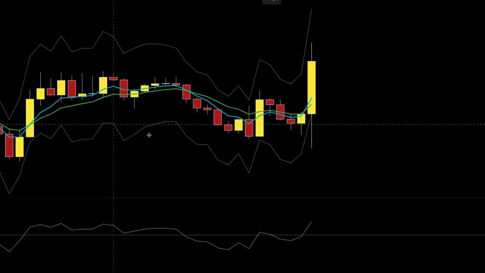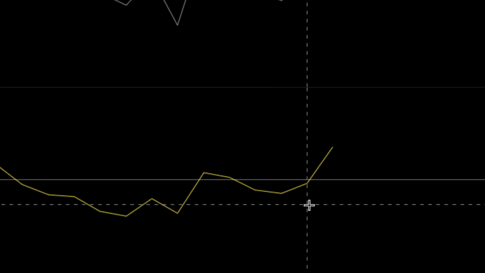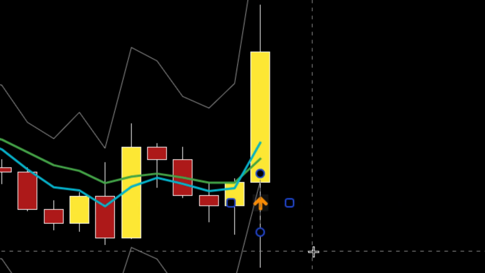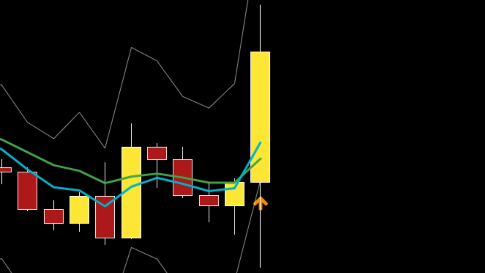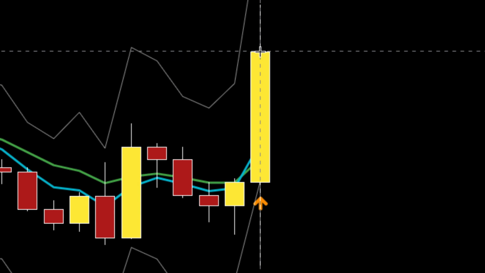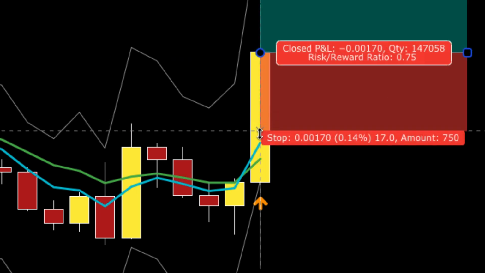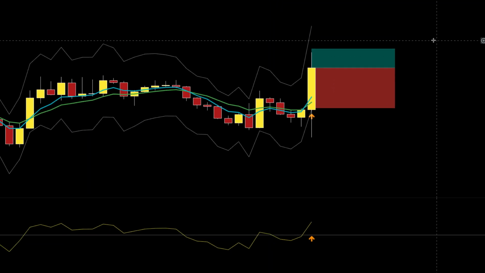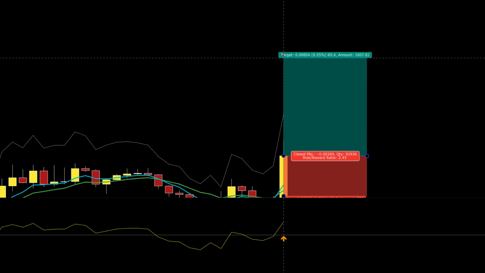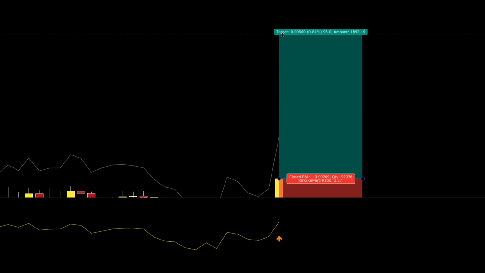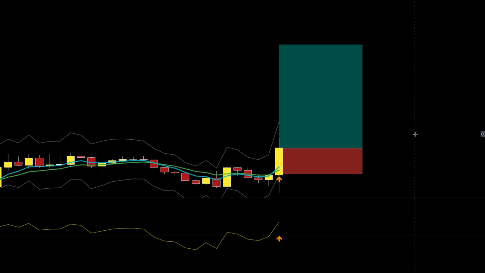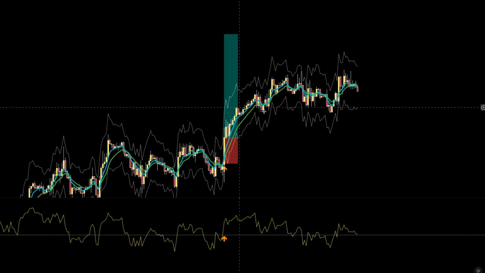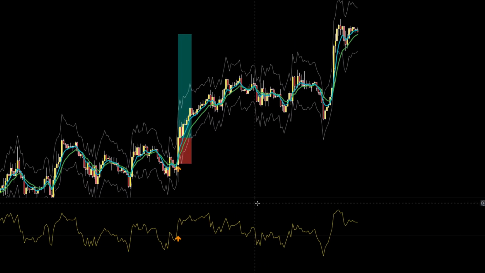And we have one more long example here. We have the RSI moving above the 50 line. And we have a cross of the moving averages. So this is our trigger. We are going to enter the close of that candle and put our stop at 2 times ATR, which is that level right there. It's actually within the candle. And we are going to target 4 to 1. And let's see how this one plays out. And that one is another winner.